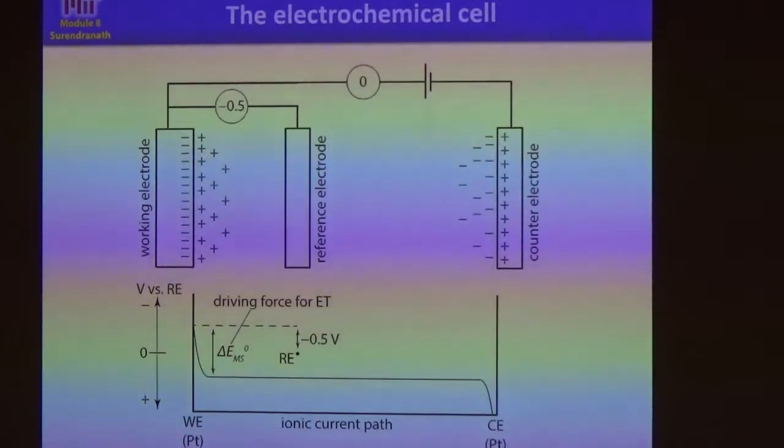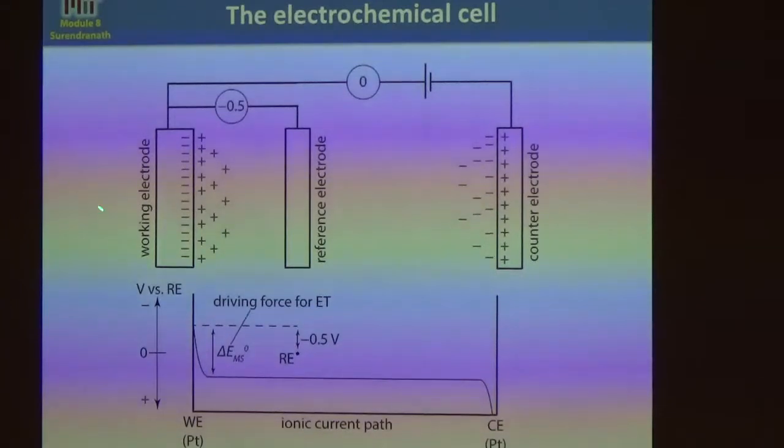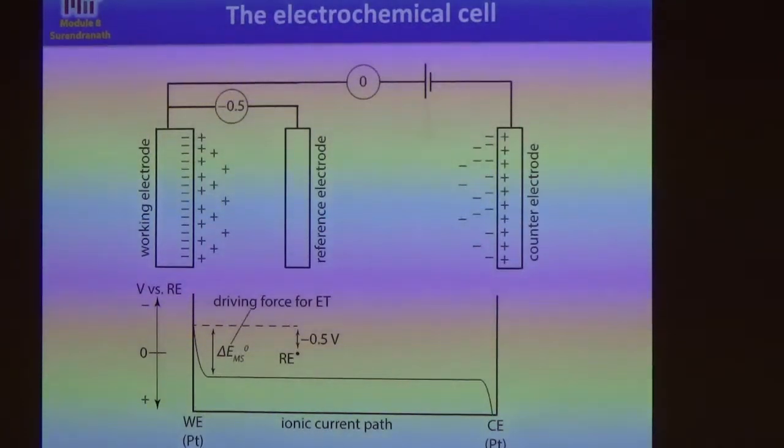So what does the actual system look like? Because these two electrodes are charged under either the condition of having no applied potential or having some applied potential, the way the field profile really looks at the interface is something like this. Because I've accumulated an awful lot of charge at my working electrode, what that's essentially created is a field gradient at that surface. In other words, I have negative charges on my electrode and a lot of positive charges near it, and since the positive charges are screening the negative charge,